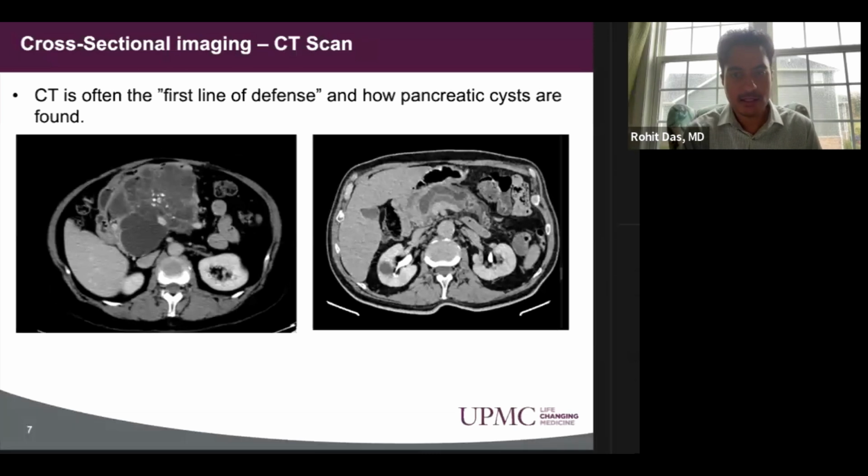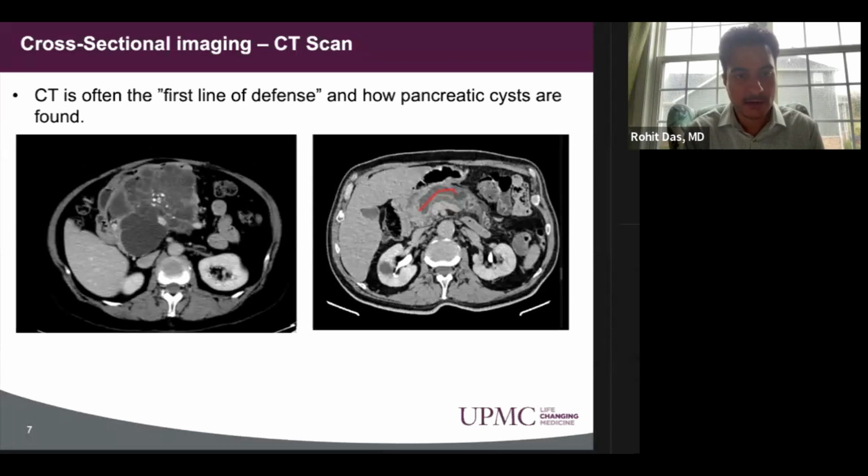These are two selected images that I wanted to just highlight to show how CT can be pretty useful in the right circumstance. On the left, we have a classic appearance of a serous cystadenoma, which is characterized by that multicystic appearance and sunburst calcification in the center of the lesion. And on the right, and I'll try to use the pointer here, you can actually see a dilated main duct of the pancreas, which would be very consistent with main duct IPMN, which is a high-risk pre-malignant condition that could warrant referral to our